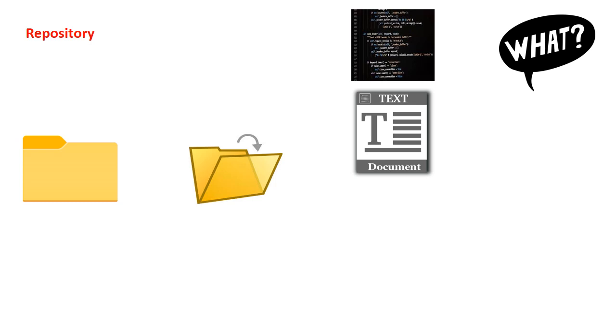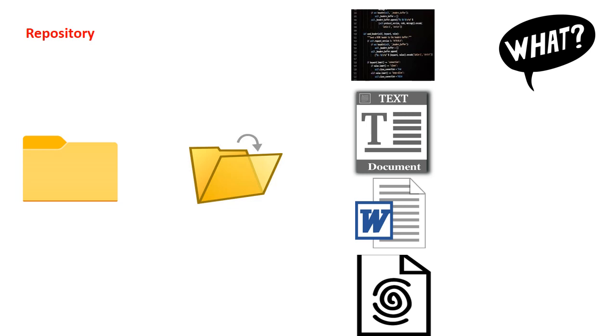What is a repository? A repository is nothing but a folder where developers can store their code, code snippets, patches, documents, and any kind of digital assets. You can store multiple projects in a separate folder. Whenever you want to work on a particular file, check out the file from the repository and modify it. That is said to be a working copy. After doing the modification, you have to update it in the repository.